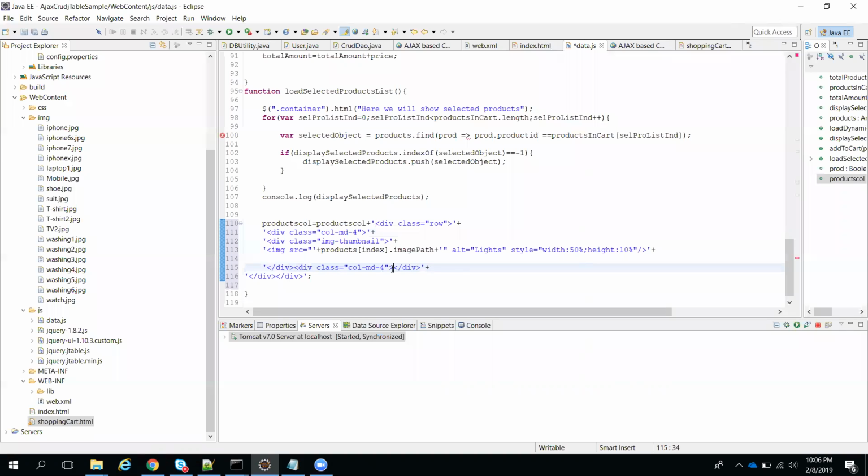Okay, here I want to show price details. At present I'm hard coding. First our layout is coming, later we can make the price dynamic data, like the price we will display here. Okay, at present here we need to show, we have products here, display selected products. So based on display selected products, there we'll have some property called image path.